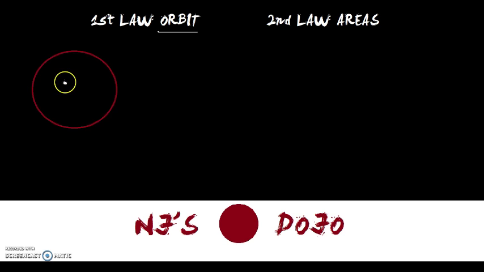So let's say this is the sun and this is a planet. So a planet revolves around the sun in an elliptical orbit. There are many parameters used in describing ellipses and elliptical orbits. For example, this is one radius from the planet to the sun, and the other radius does not connect the planet to the sun, but instead the planet to a second focal point. We all know that the sun is the first focal point, and the second point